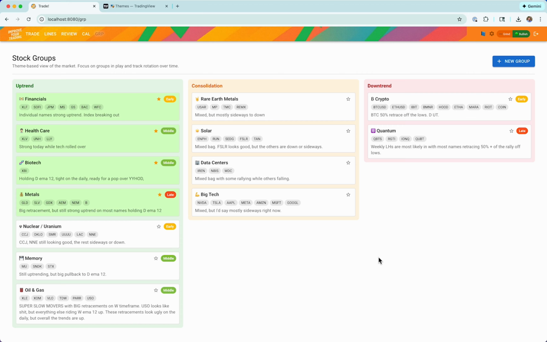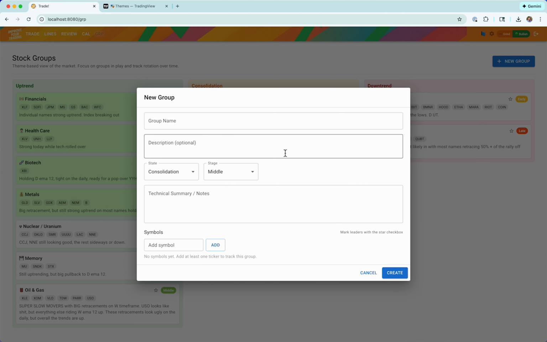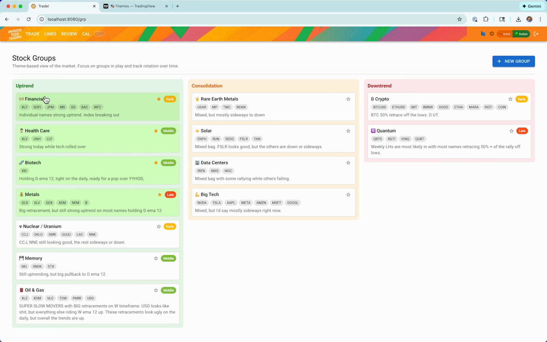So with all of that in mind, I built this user experience in my trading app where I can add new groups, give them a name, description, what state they're in, what stage of the state, any sort of notes I want to make about the theme, and then add important symbols to that theme. And so I can just quickly at a glance see, okay, here's financials. Inside financials, I'm looking at XLF, JPM, MS, GS, BAC, WFC, and SoFi. And that's not an exhaustive list by any stretch of the imagination. It's just, here are the ones that I'm looking at when I make my judgments on how things are going